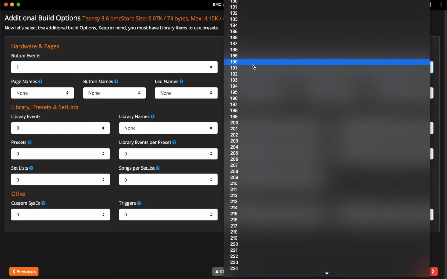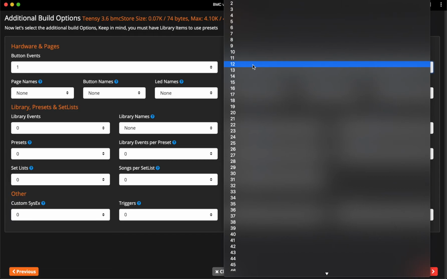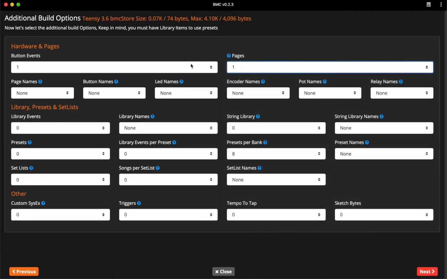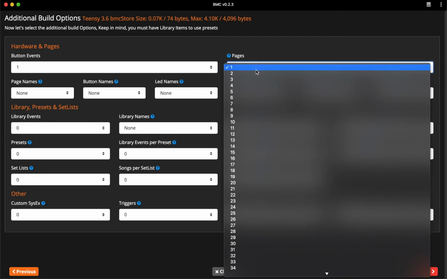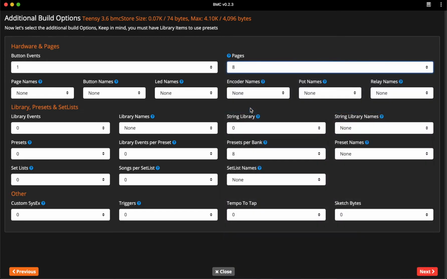There is a maximum of 255, but what you want to keep in mind is that each element that you have on your build uses EEPROM, and because of that, the more pages you have, the more EEPROM you'll use. In this case, you can also see up here how many bytes you're using right now. In this case, we're only using 74 bytes at the moment. We'll go to 8 pages,